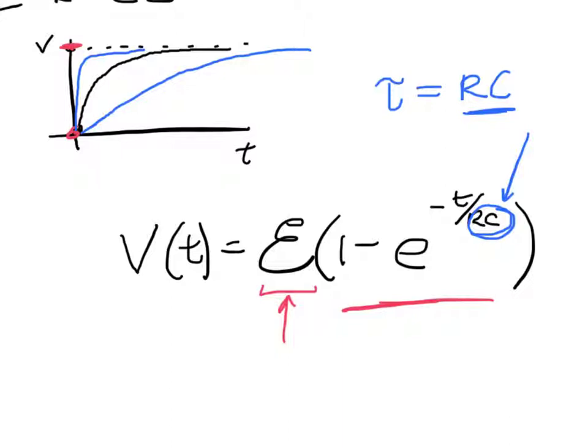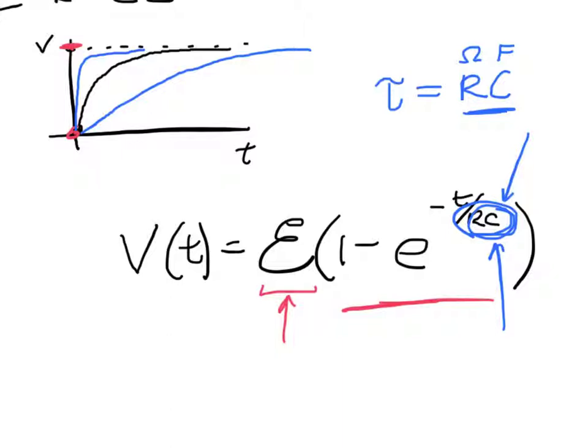The exponent has to come out without dimensions, which tells us, by the way, that ohms times farads has to equal seconds, and that's something worth proving to yourself on the side, that ohms times farads really is seconds. But what do we mean if we say, oh, the time constant is 2? Well, if the time constant is 2 seconds, what we mean is that's the amount of time it takes to get to an exponent here of